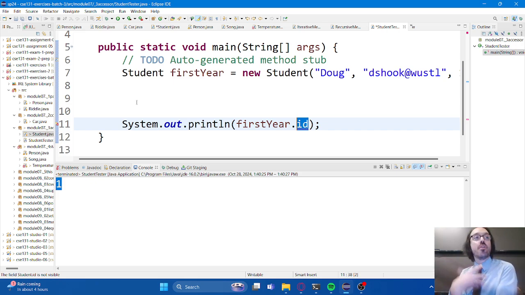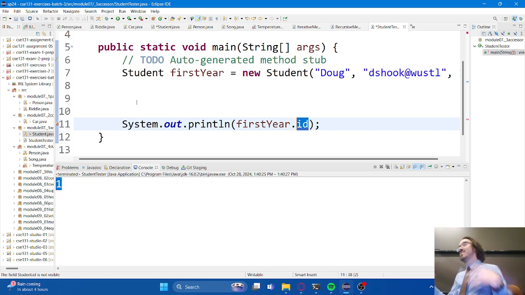And we, as programmers, get to choose what getters and setters we wish to include. So, if I have a value like ID, and I want people to be able to see what it is, but I don't want to allow people to change what it is, by marking it private, I can create a getter that allows them to view that value, but I won't create a setter because I don't want them to be able to change it, right?